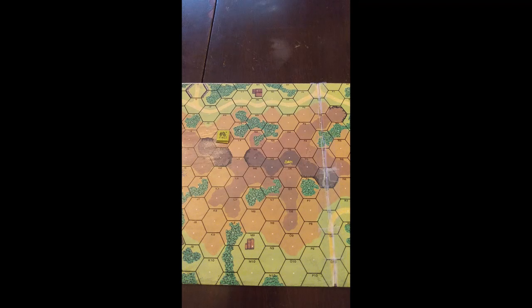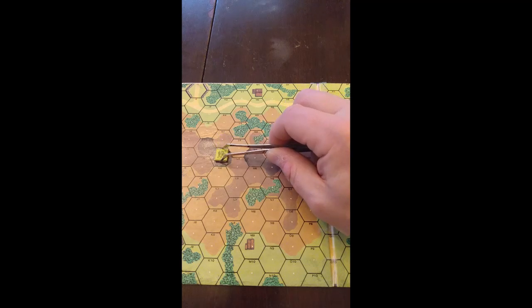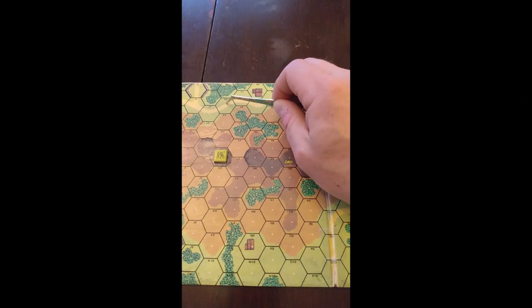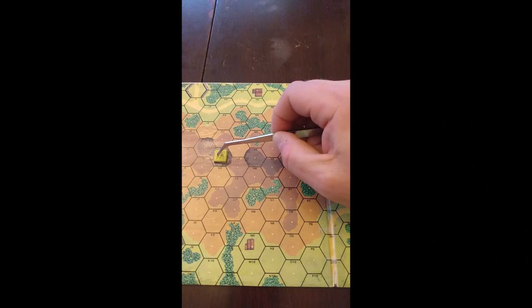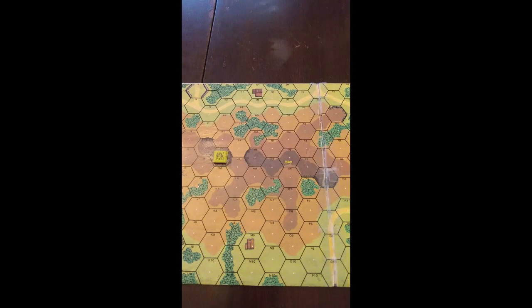And then if we wanted to go into K5, this cell right here, we continue our march, and now we go 2 more movement factors, because 1 for the actual movement to a new hex, and then 1 for the change in elevation. So going all the way from K2 on the road here up these hills to the top here has expended a total of 6 movement factors.